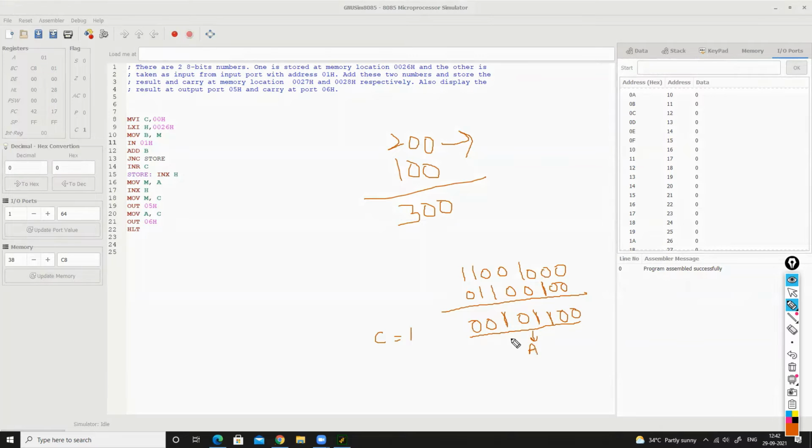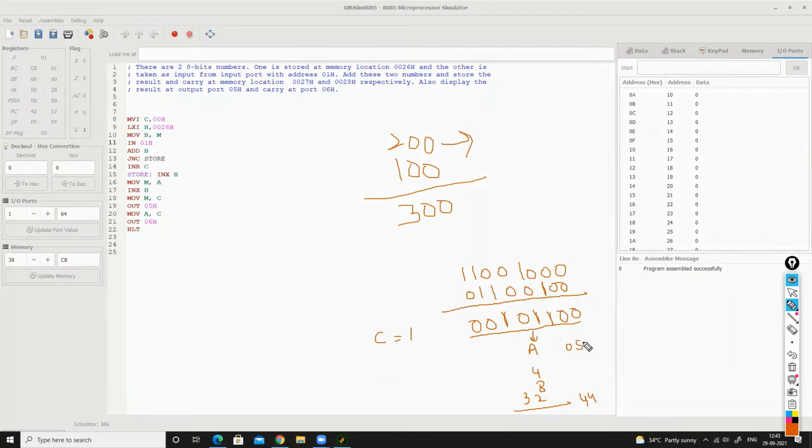If you convert this to decimal, it will be 4, 8, 32, so 44. So at the port, what was the port? 05H.